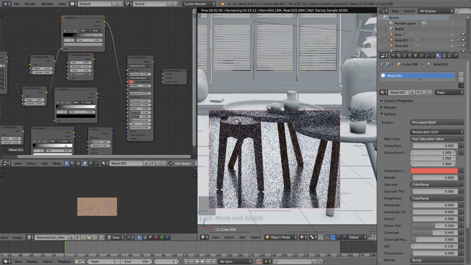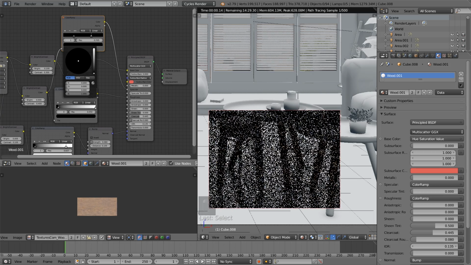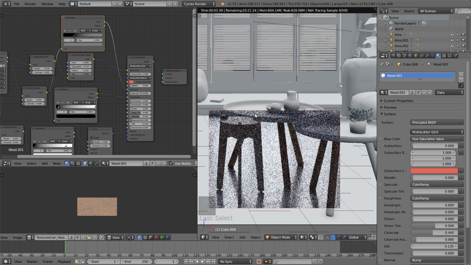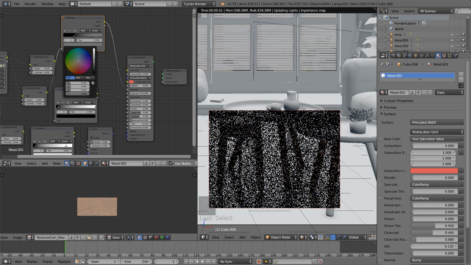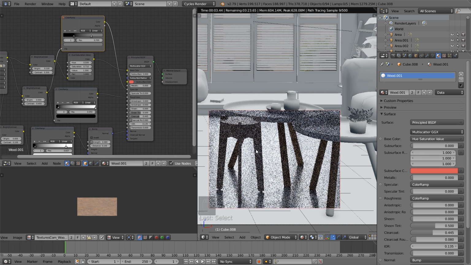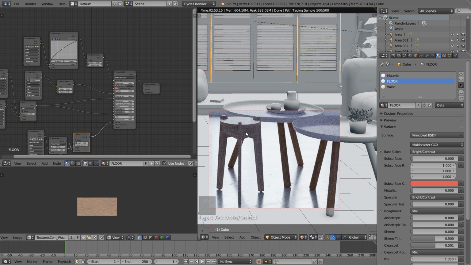So reducing this down, you'll see we'll kind of cut away. If I took it all the way down to 0, you'd see it would be completely flat. But I do want some specular, just not as much. So pulling that color down to a darker value will take away the specular on the wood and just make it look a little bit more realistic. So I feel like something like that is good. Taking it down to about a 0.18 on all your values will give it kind of a nice flatter looking wood material. Alright, so this is looking pretty decent, and let's move on to the next wood material,